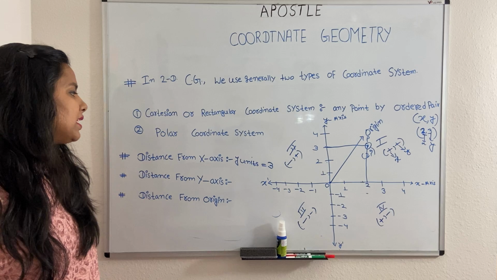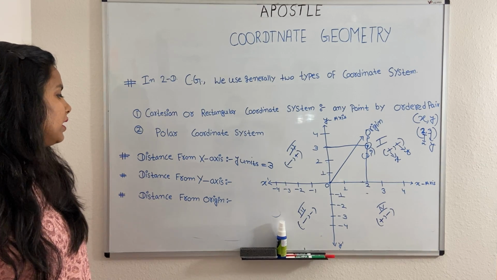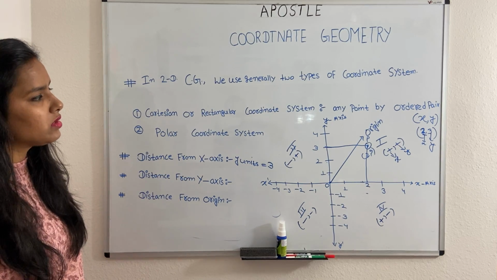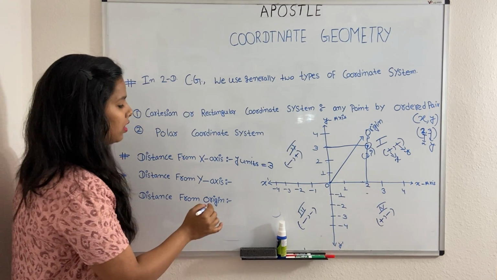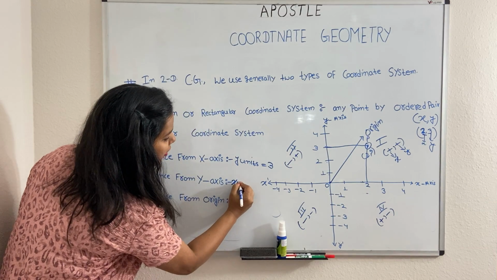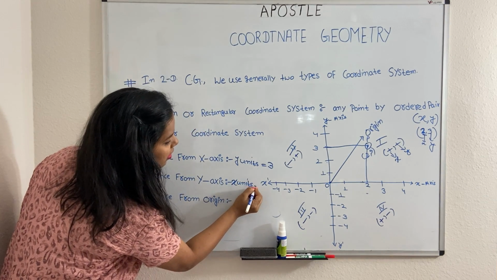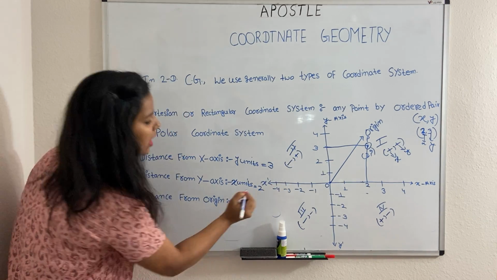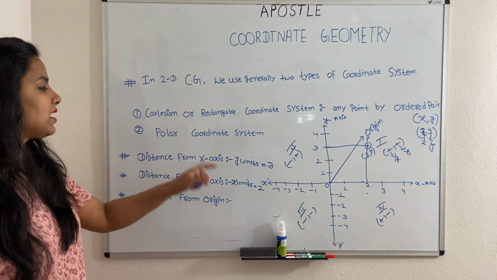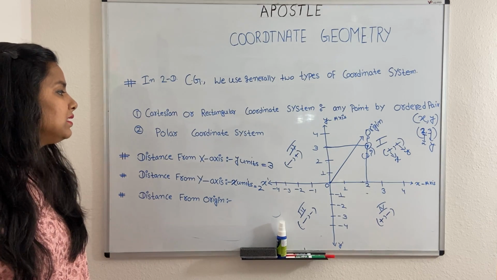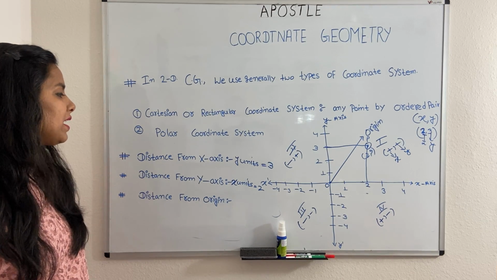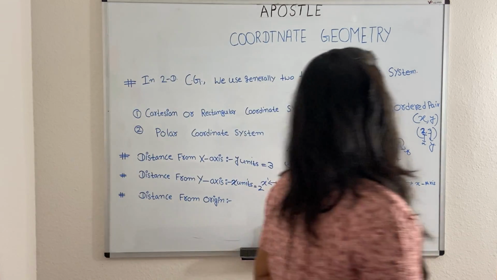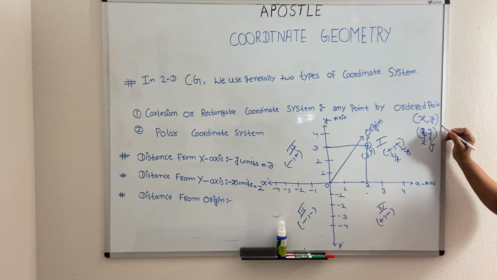We also call this abscissa and y coordinate. If someone is asking distance from the y axis, the distance from the y axis is x units. From the question, the answer is 2. So the distance from the x axis is y units, and that is 3, and the distance from the y axis is x units, and that is 2. Now we have to discuss another concept.